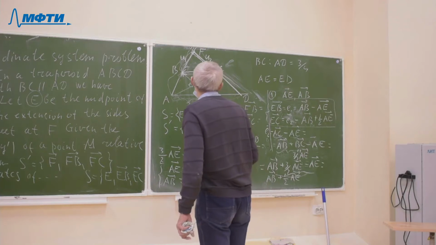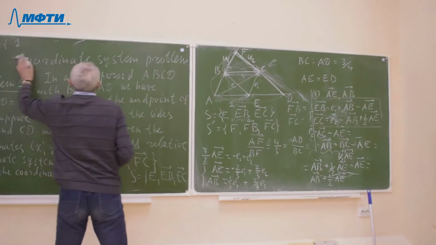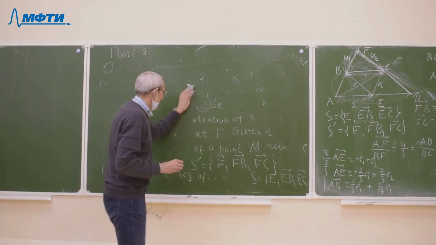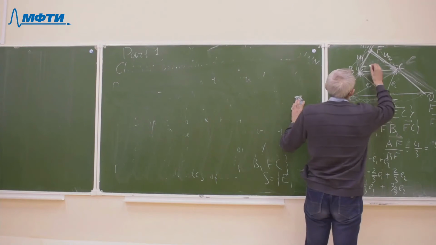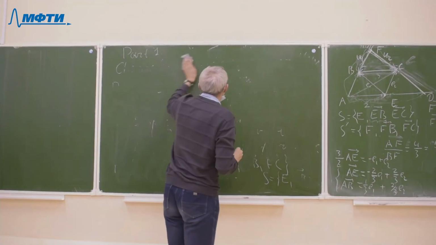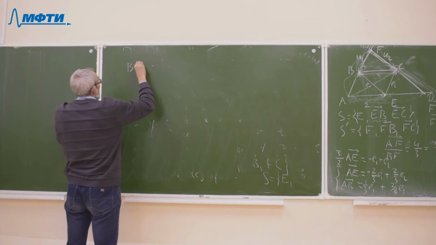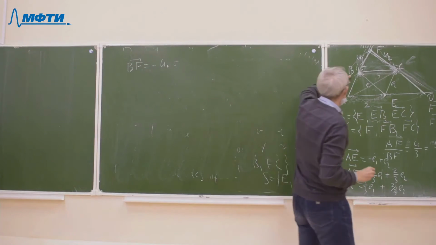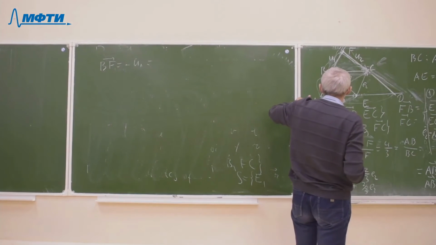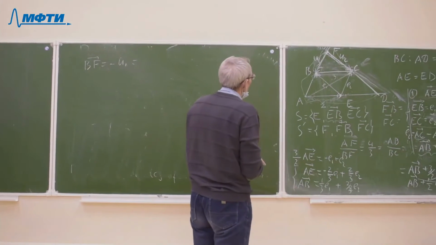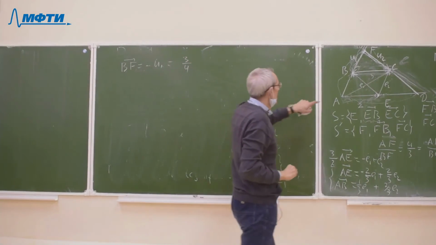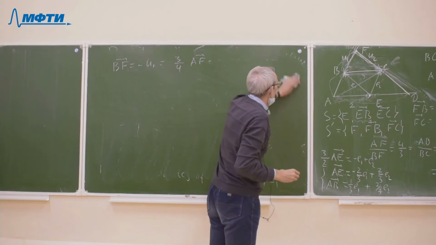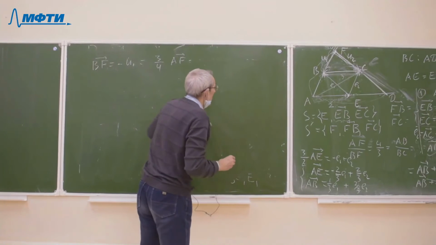Easy to see that vector BF, minus U1, is equal to BF, is equal to the ratio 3 to 4 of AF, 3/4 AF. AB